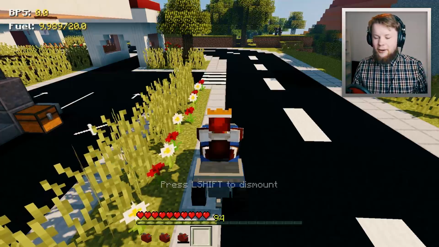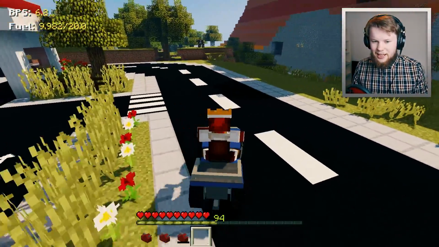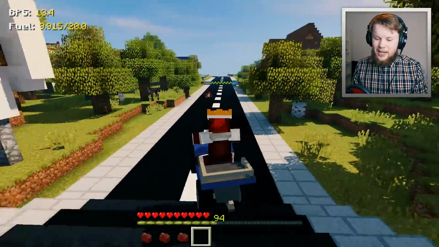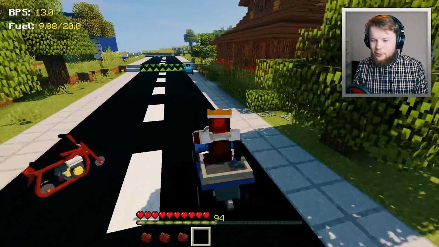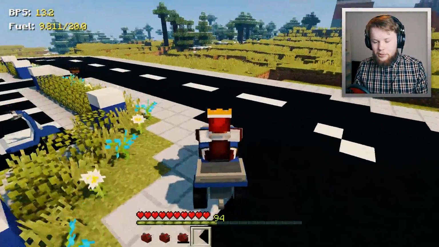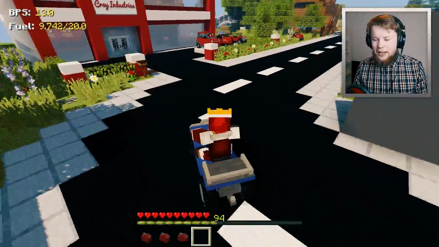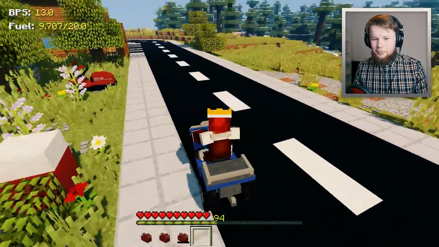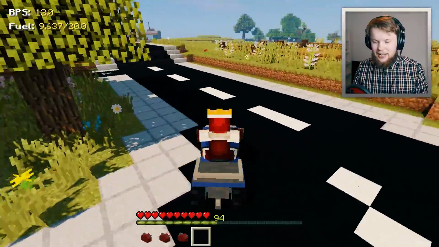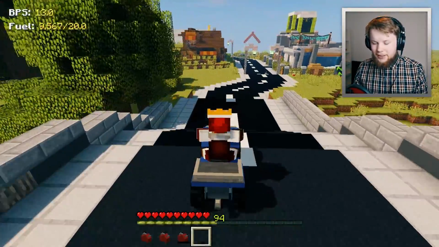As you can see, we're in survival mode, but the engine is running, so we can start driving this all around our town. Now, I am still testing what a good fuel consumption rate is, because right now it's quite low, but it might need to be even lower. So I'm going to continue driving around here and see how much fuel we use until we get back to